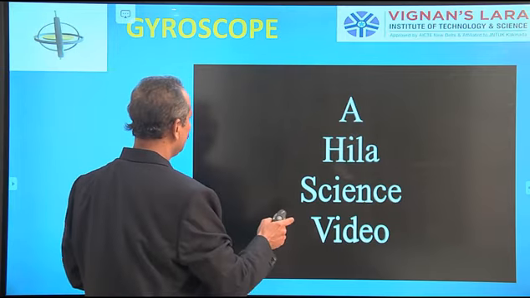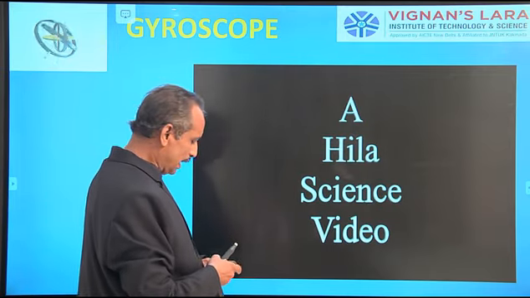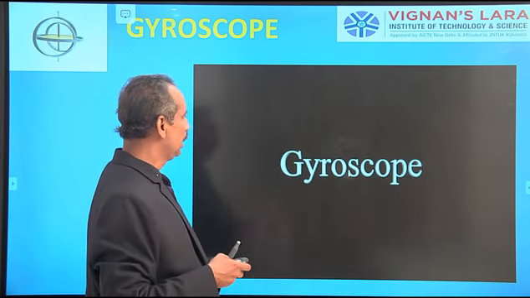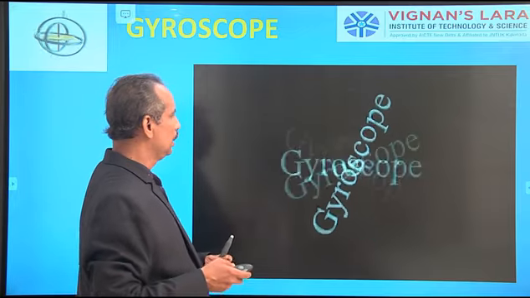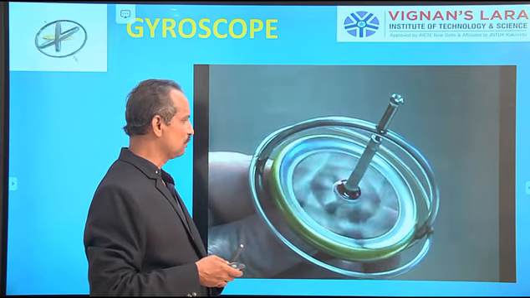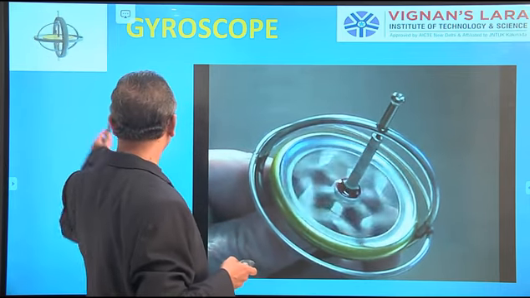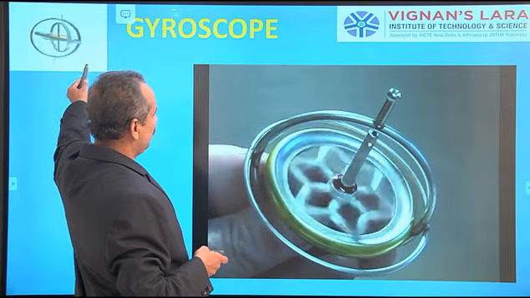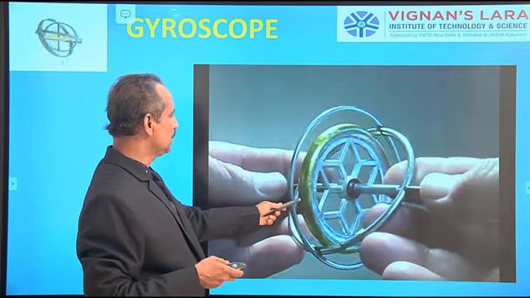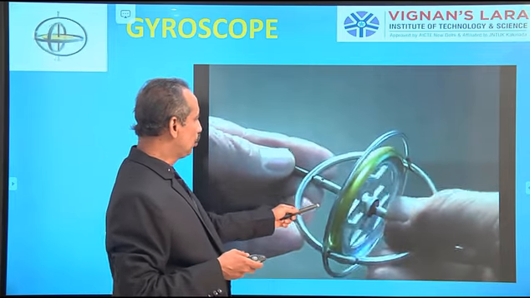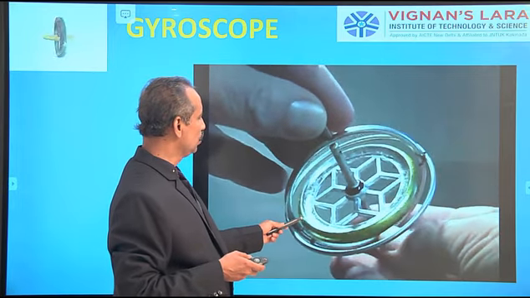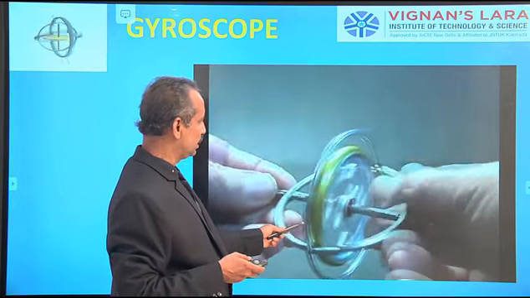So you can see in this video how the gyroscope is practically used in so many applications, what a gyroscope is, and how the toy gyroscope performs. The animation you are looking at here, the same thing you are also observing here. You can see this is a disc, the disc having two rings, one inner ring and one outer ring. These two rings are in two different planes.